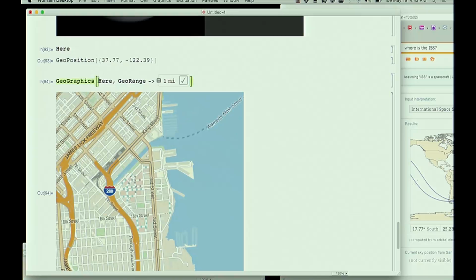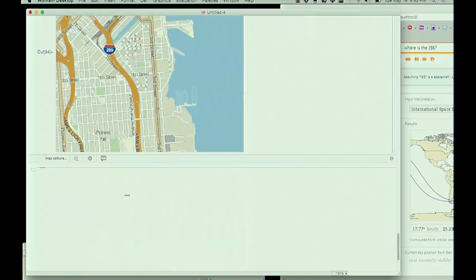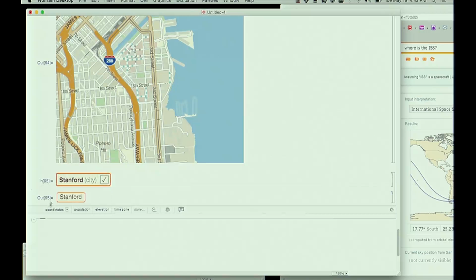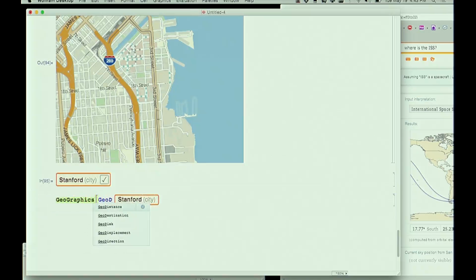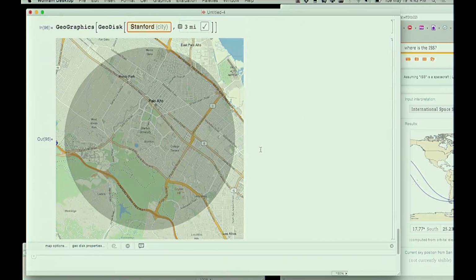I know that's not where we are right now. So now we could say something like geographics of a geodisk around Stanford of, let's say, 3 mile radius, and now we should get a more locally relevant picture.